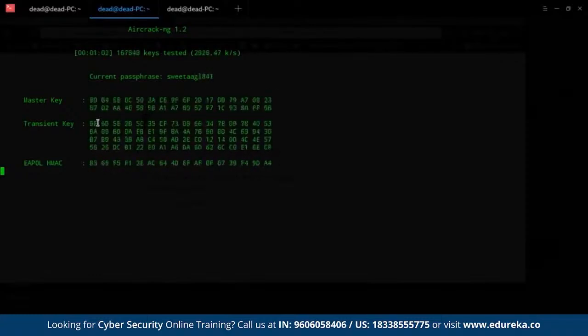Now, as you guys can see, it is constantly trying to actually guess the password by going through all the permutations and combinations. That is basically, it's taking in all the words generated from Crunch, piping it into the current command, that is the aircrack-ng command, and it's comparing everything.